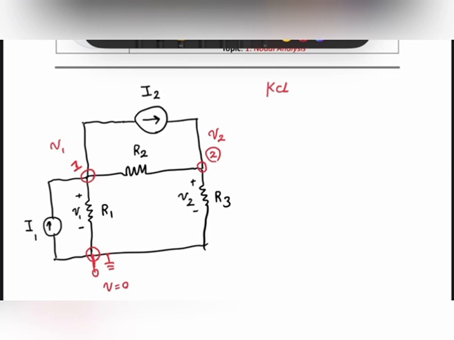We consider that the current through any branch can be found in this way: I is equal to... because we know that the current flows from the higher potential to the lower potential in the resistor. So therefore we can write I as V, which has the higher potential, minus the voltage of the lower